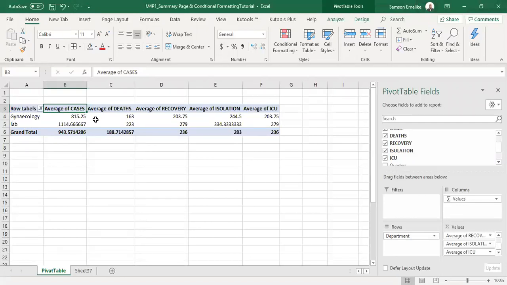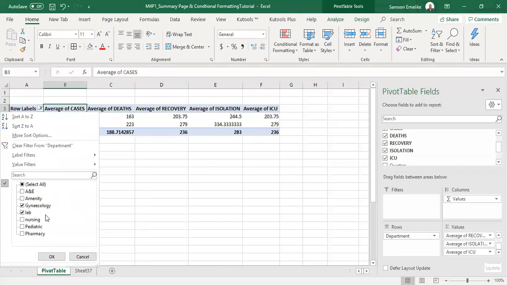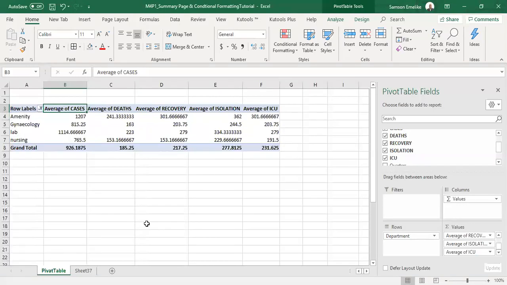So I have this. If you were to do one of those assignments that I requested, this is gynecology, this is lab. So let me click here on amenity and nursing. Okay, so I have this. Finally, on this, what I want to show us,